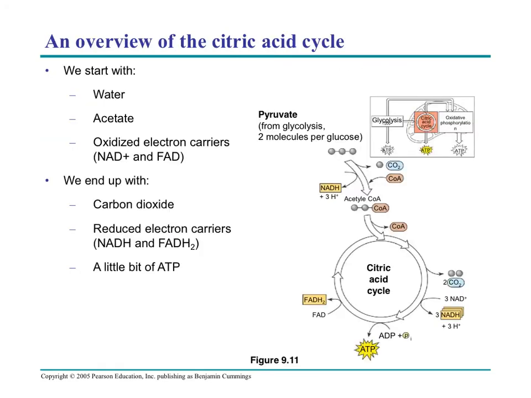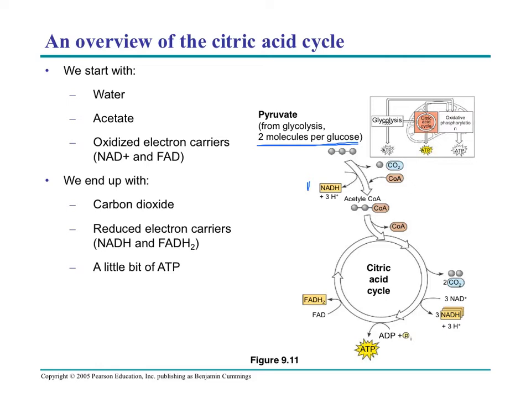Okay, so let's get right into the citric acid cycle. As we have said, we take pyruvate from glycolysis, and notice we get 2 molecules of pyruvate from 1 glucose, which means that each molecule of glucose will turn the citric acid cycle 2 times. So we take the pyruvate, we add a coenzyme, and at that point we generate our first electron carrier. Acetyl-CoA can then feed into the citric acid cycle where we take off the coenzyme and we begin to turn